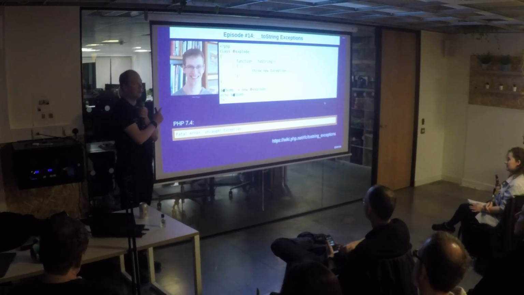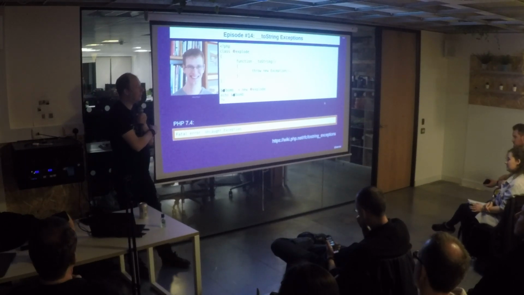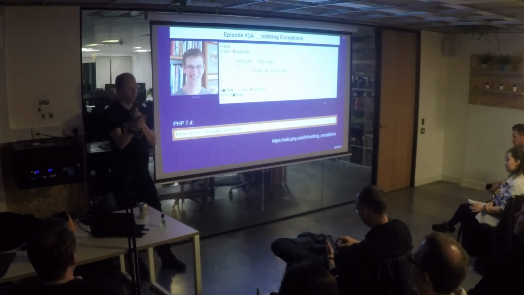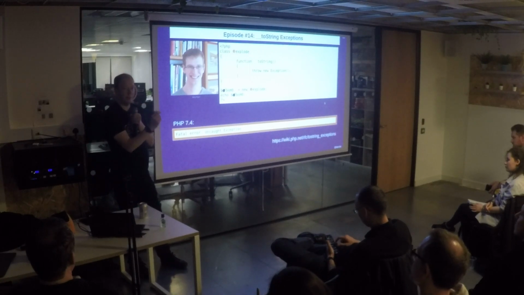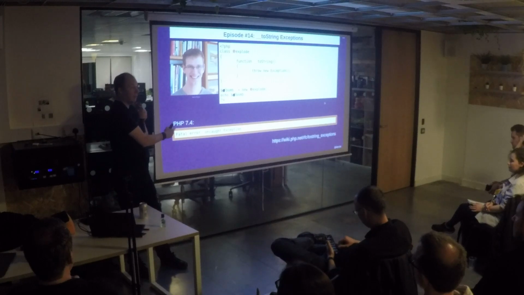On the outside, as a PHP user, this seems like a very minor change, like, oh, we're just now allowing throwing exceptions. Internally, that took actually quite a lot of time because there are so many locations where the PHP engine wants to convert an object to a string, and every single one of them had to be checked to make sure that it could also deal with exceptions being thrown. So small thing on the outside, quite a big change on the inside.